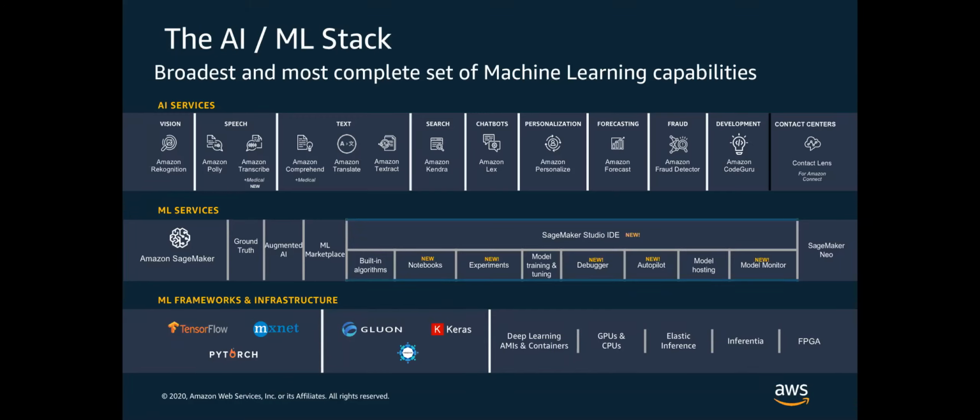The focus for the next 15 or 20 minutes or so is going to be the top layer, what we call the AI services. The idea here is that at AWS, we solve many of the common problems. We train machine learning models for those. We deploy them in a highly available, highly scalable environment. And you as developers can pretty quickly use APIs and SDKs to take advantage of those machine learning models